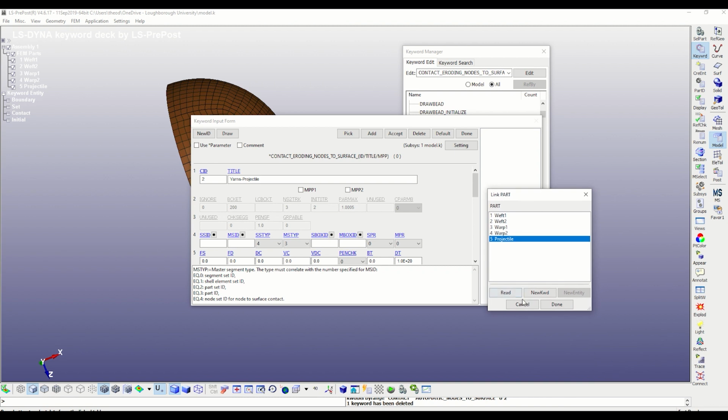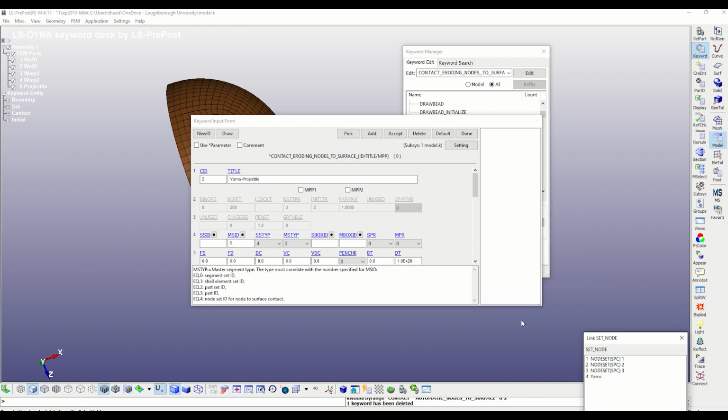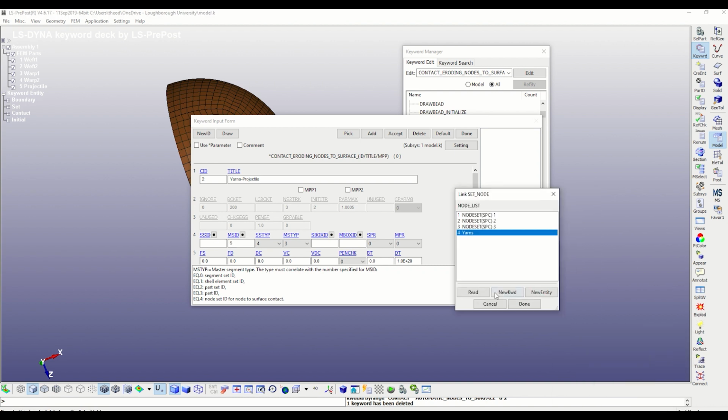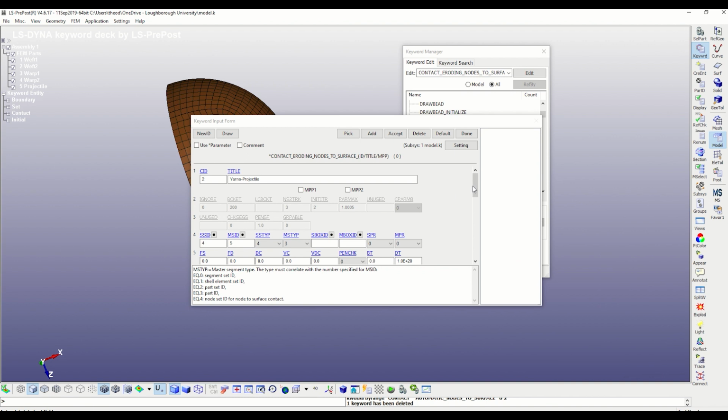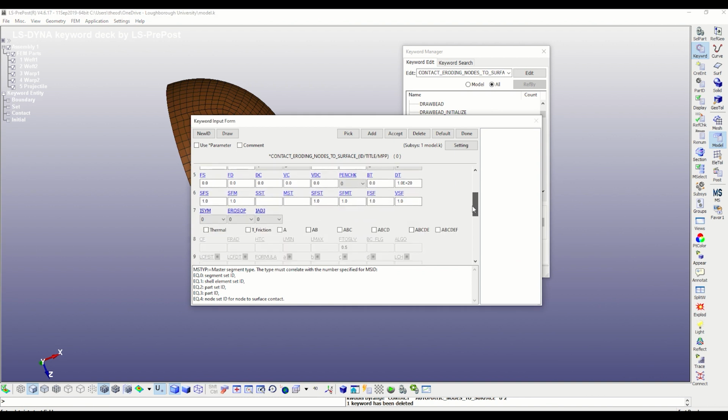Now, in some contact types, LS-DYNA needs to know where the symmetry lies and which nodes are affected. For that reason, there are three different parameters in row 7. We will be changing the first two for the beam elements.